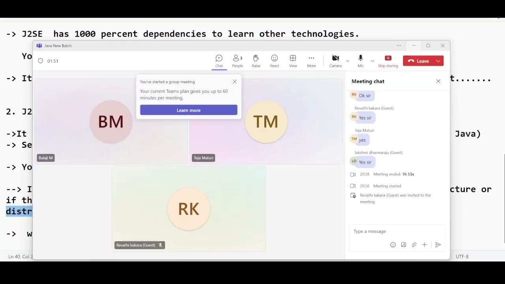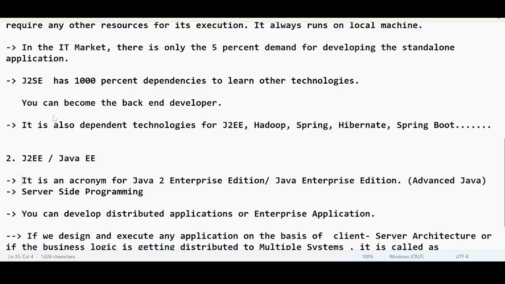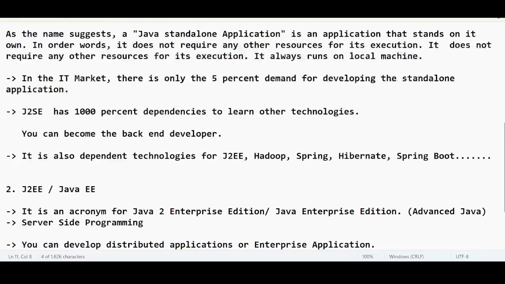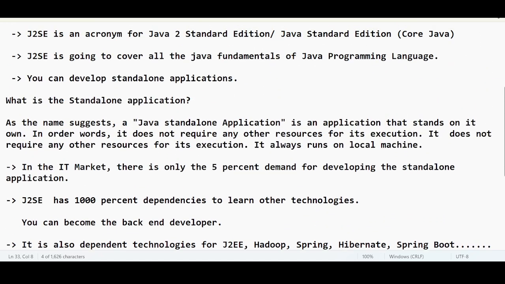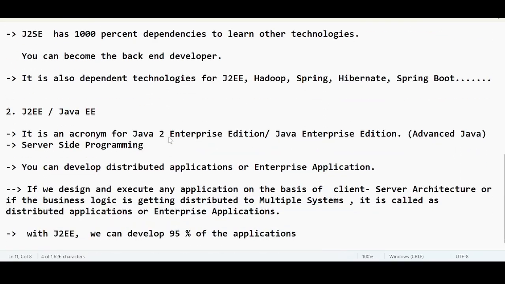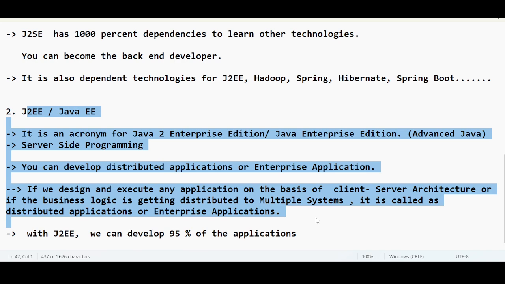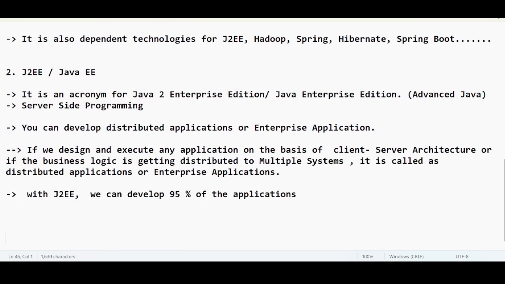I'll complete this session. What I was saying is, we are going to learn only J2SE, okay? But J2EE is going to become very easy after learning J2SE, because most of the interview questions will be drafted on J2SE. The understanding is very important. Give me 120 days of time, you will become an expert. And we are going to develop a mini application. So far we got to know what is J2EE or Java EE, Java Enterprise Edition, to develop enterprise applications. It's not depending upon client-server architecture.